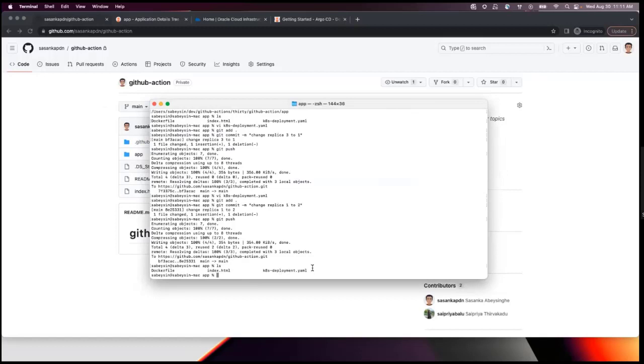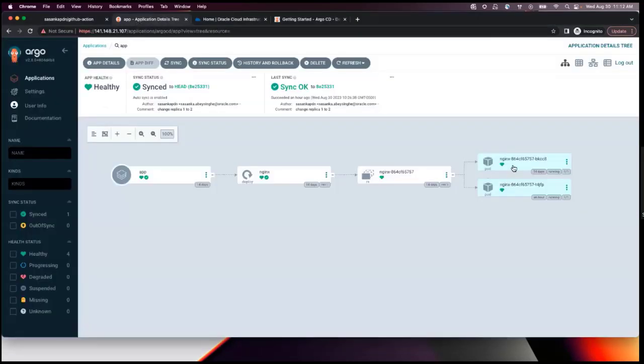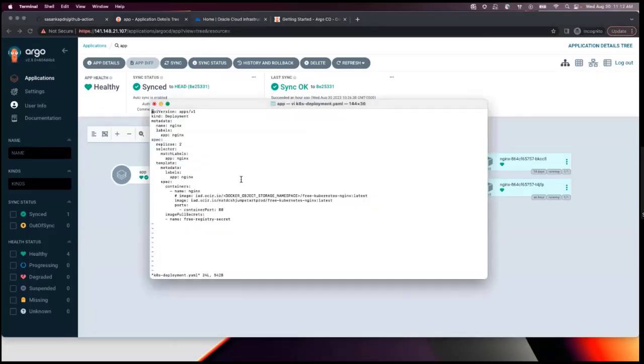Right now, in the K8 deployment file, I have only 2 replica sets, which you can see directly. Now I'm going to change it to 3.